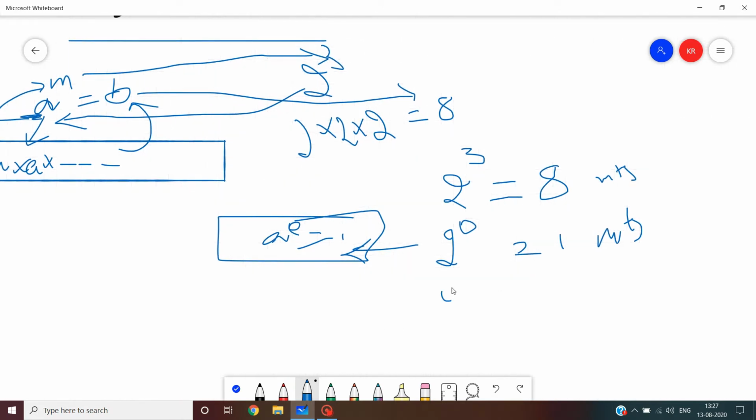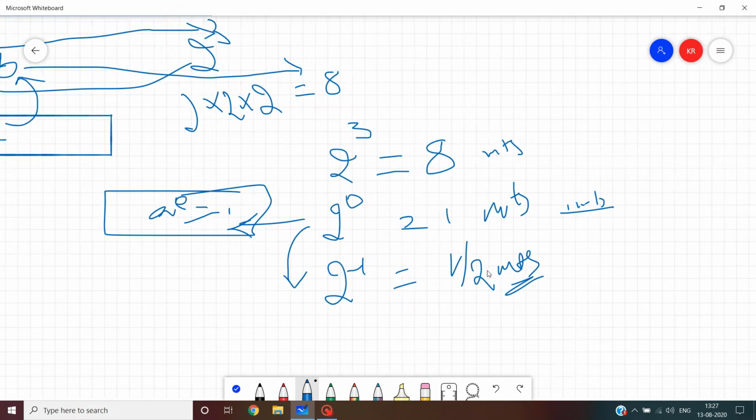If I take a negative index, 2 power minus 1, what will it be? We are going to the past, before starting any process. Like this plant which has 1 meter, it has to be buried in soil, and before that it has to get some stem. That is still under process before 1 year, so at that time it will have half a meter. That is the concept.